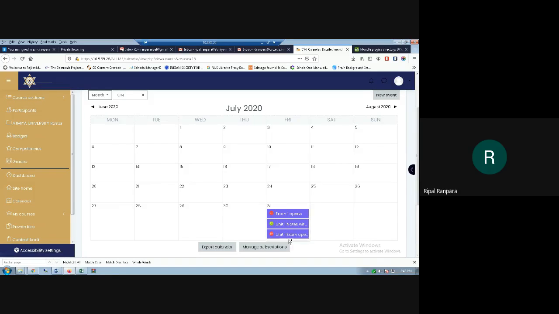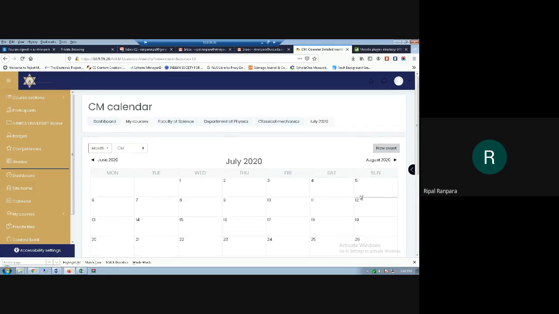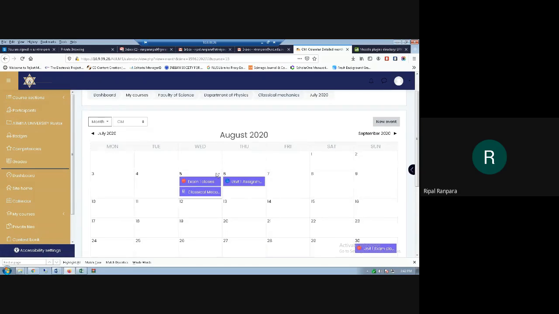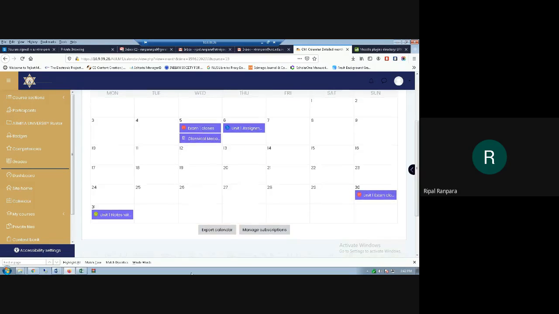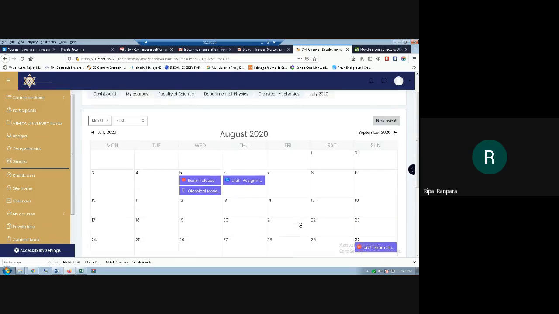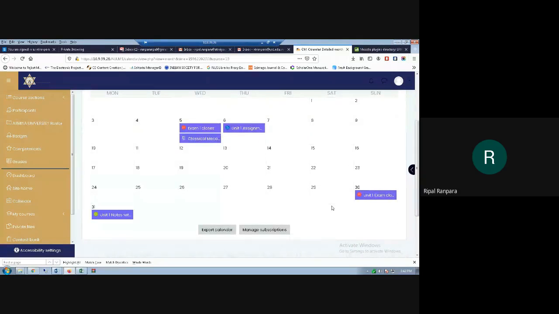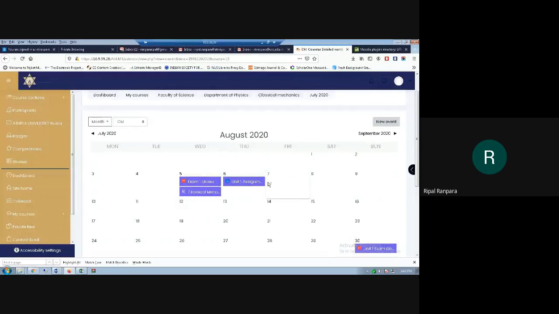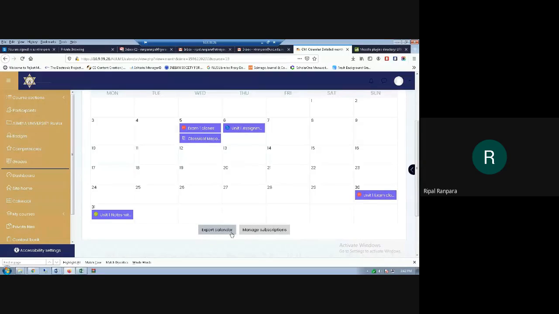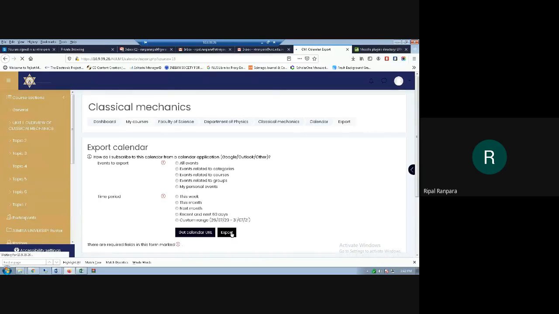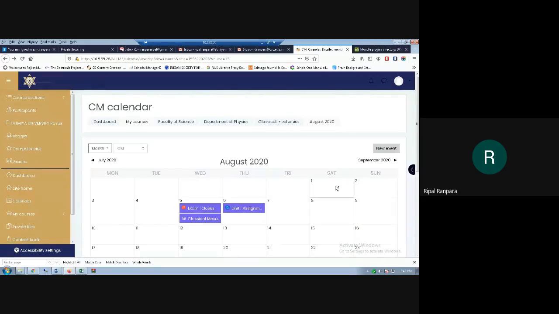If I want to create an event on August, Friday, all your activity will be automatically synchronized with this calendar once you create it. I think this is the best part Moodle offers. Students can also export this calendar to Google Calendar and similar tools.